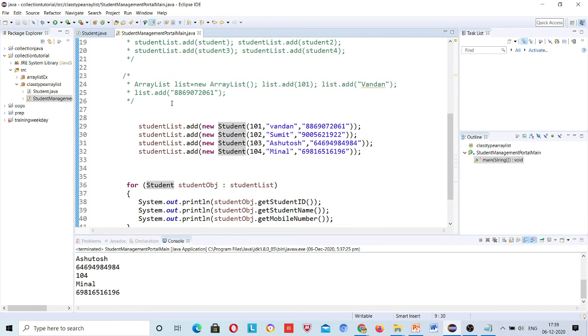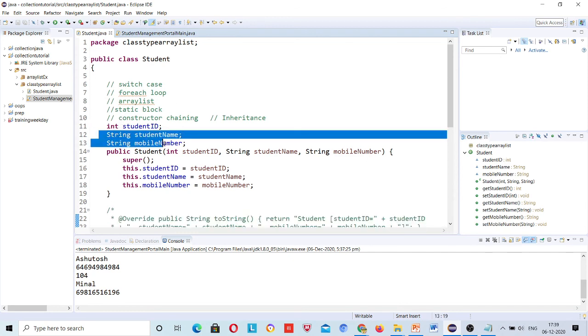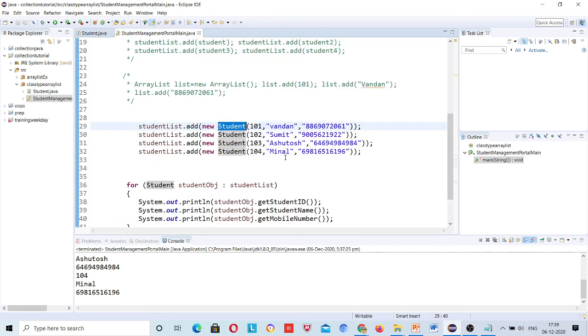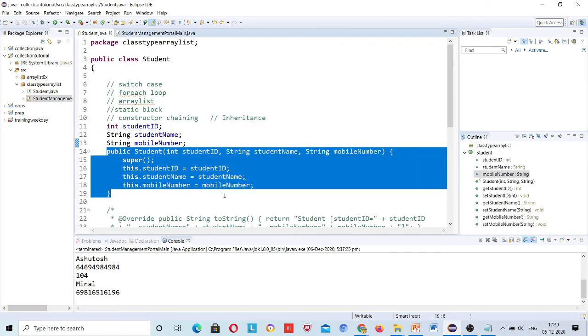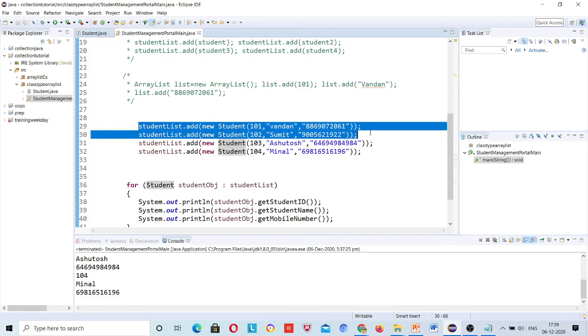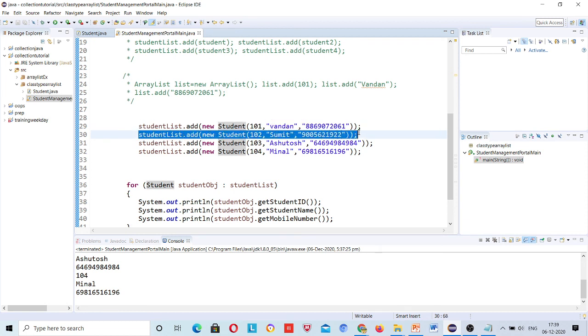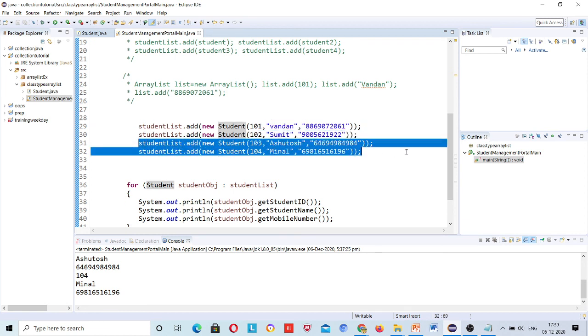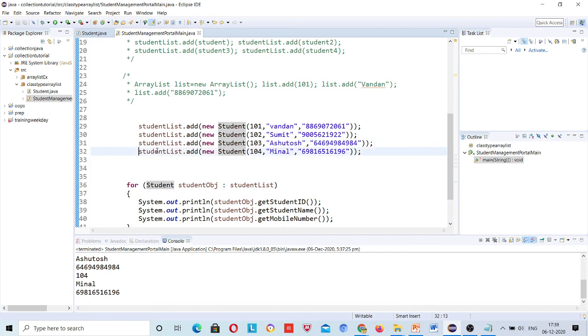And instead of list dot add primitives, we are adding what? An object of Student. Student is of what type? Student containing 3 values, right? So we need to provide 3 values because this is what? A constructor, and the constructor needs what? 3 values, right? Because this is having 3 values in this public Student constructor, right? Now this student is added to our list, right? Simply this student 2 is also added to our list, student 3 is added to our list, and this.